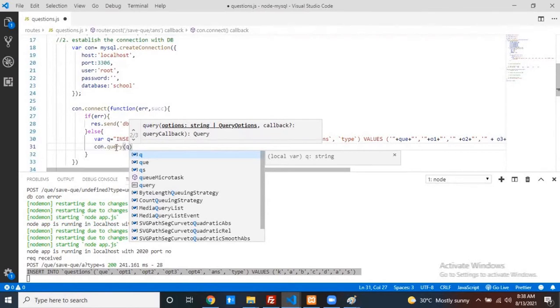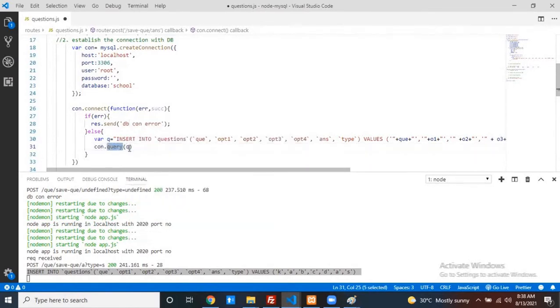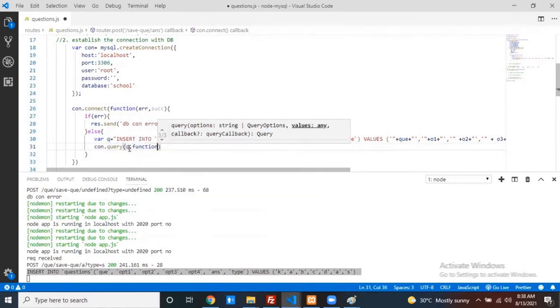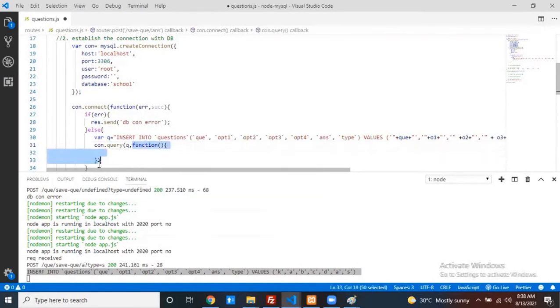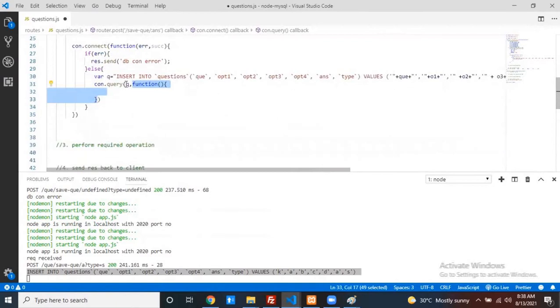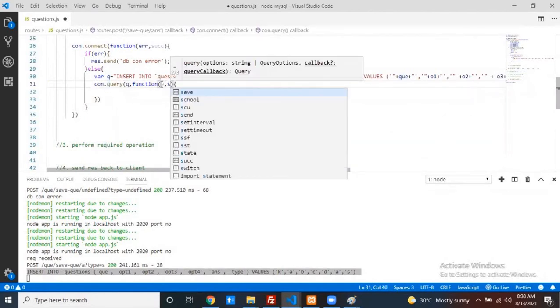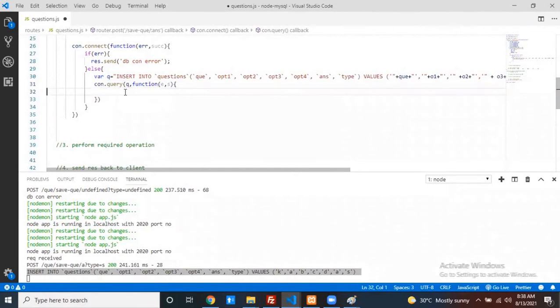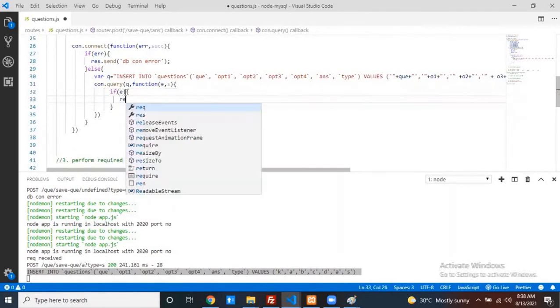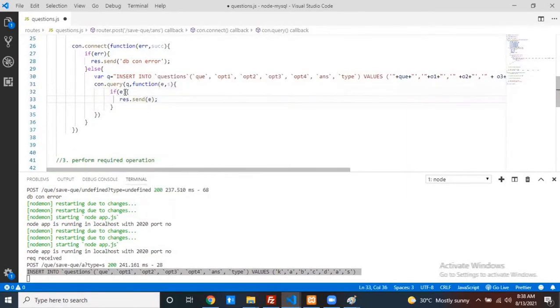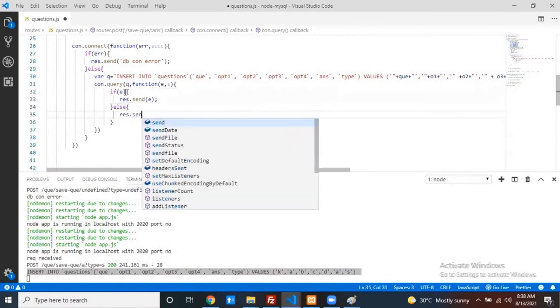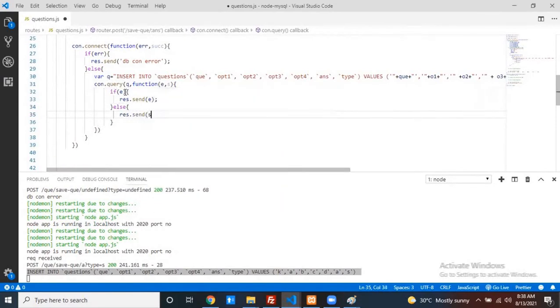The one who executes this query knows. So this guy again asks, hey, give me one function. I will call this function once my query execution is done. Either it is a failure or a success, I will tell, yes or no. Once I call that function, it means my query execution is completed. If an error is there, can we send that error back? If it is a success, can we send that success message back to my client?